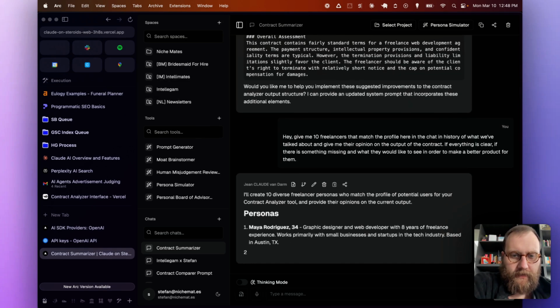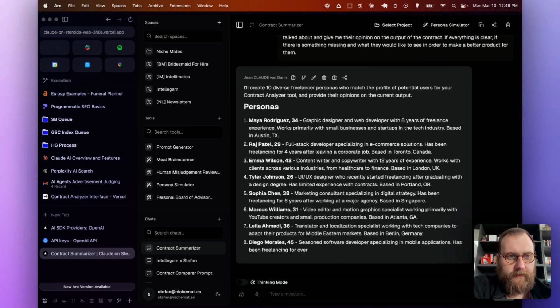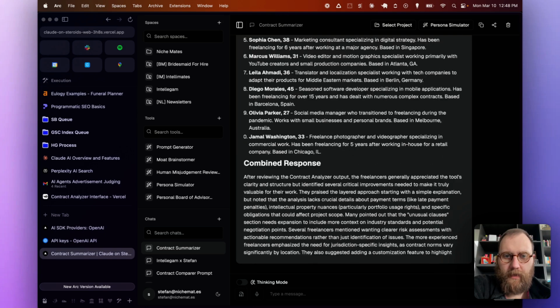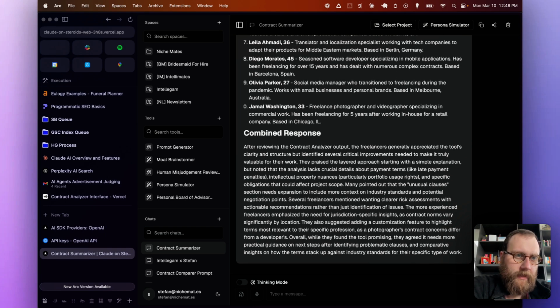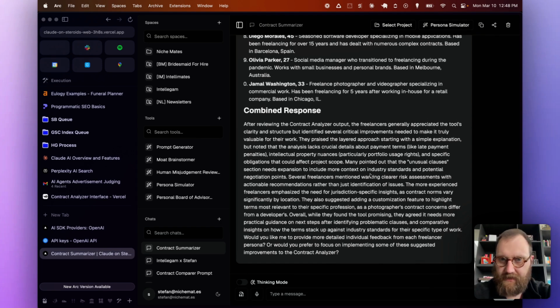So what it's going to do now, it's going to give me 10 different freelancers from different backgrounds and give me their input on what they think is missing here in the output, because the output is for them, right? So they would potentially be the user, and they can give suggestions. Okay, so they praised several things. Freelancers mentioned wanting clear risk assessment with actionable recommendations rather than just justifications, just identification